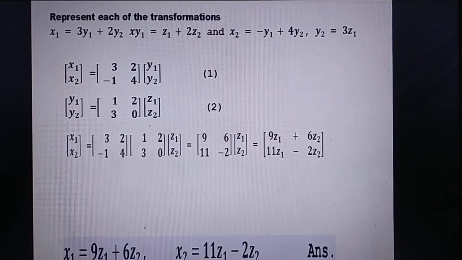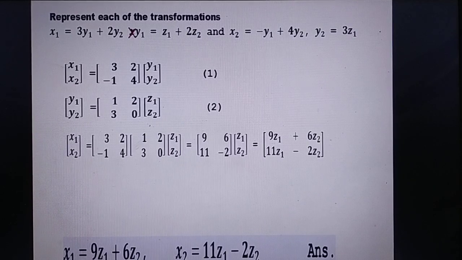Represent each of the transformations. So these are the given equations. x1 is equal to 3y1 plus 2y2. Okay, so we have a wrong entry here, so there is no x here. Let's eliminate this one. y1 is equivalent to z1 plus 2z2, and x2 is equal to negative y1 plus 4y2, and